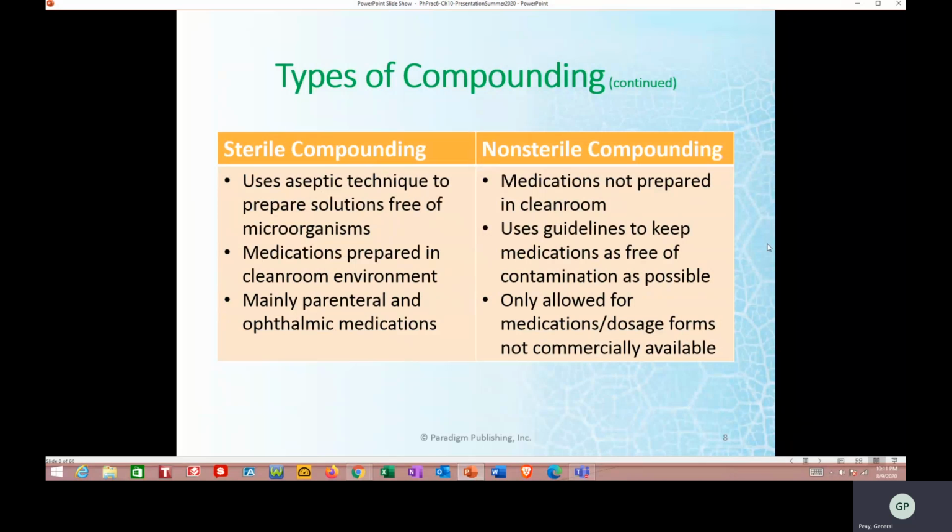Okay, so here's the difference between sterile compounding and non-sterile compounding. If we were actually in a classroom setting, there's usually a lab where I have the students actually prepare a non-sterile compounding. And they're usually very easy. I want you to know that the big difference between sterile and non-sterile is that in the classroom setting, we could not compound anything sterile. The reason why is because of the technique that you have to adhere to